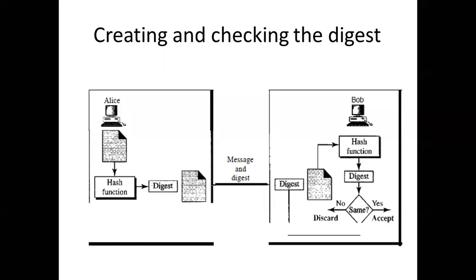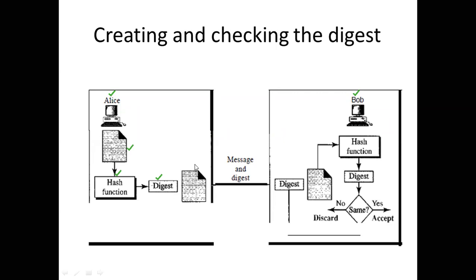To avoid that, now we make use of what we call a digest. Okay, so have a look at this diagram and try to understand it. We have a sender, let's call her Alice, and we have a receiver, let us call him Bob. What Alice will do, Alice will generate her original message. To that message, Alice will apply what we call a hash function, which converts that message into a digest. Now you have the modification detection code. We call it an MDC.